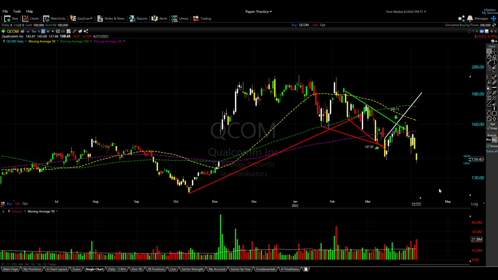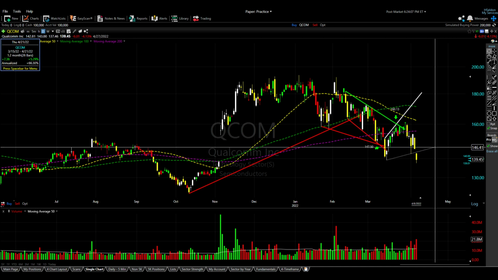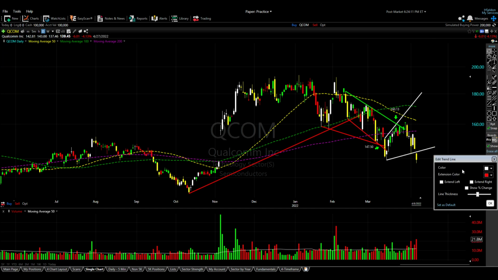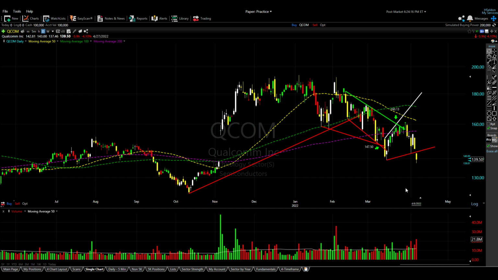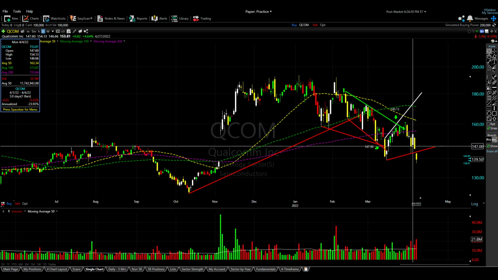Right there. And then finally, we have one here, which is acting as some support, but today it dropped below it. So it was breached to the downside. Look at this here, 147.50. This candle here goes down to